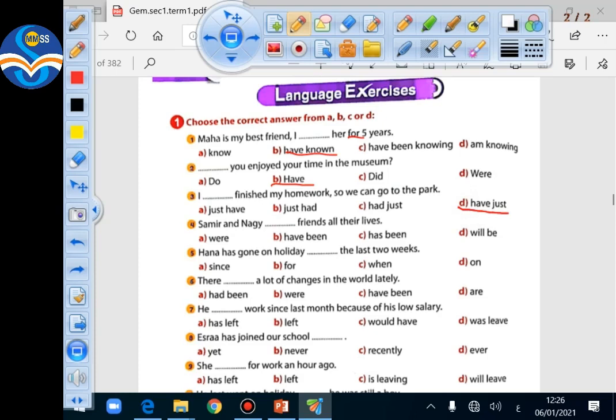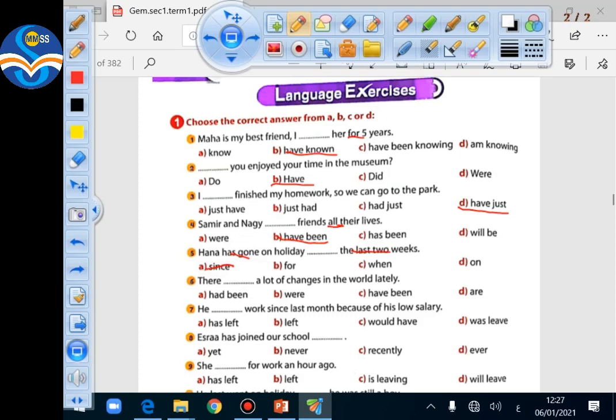Samira and Nagi, this is plural. Friends all their lives, this has happened in the past and it's still happening till now. So it's going to be have been. Hannah has gone on holiday the last 2 weeks. I've got has gone, this is present perfect, and the last 2 weeks is giving me a specific time. So it's going to be